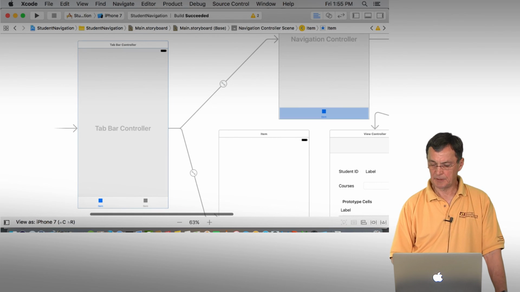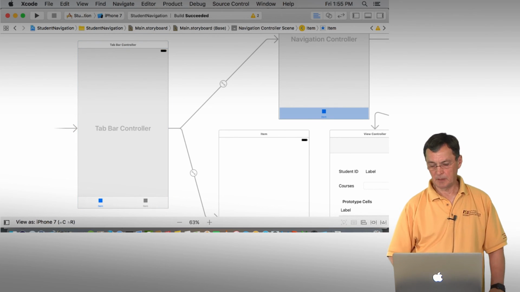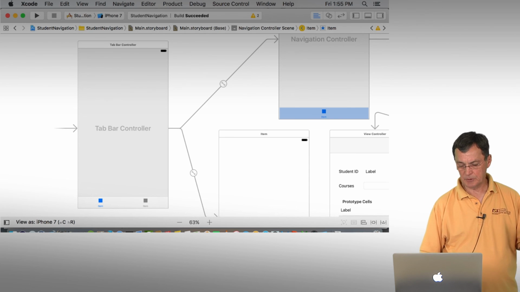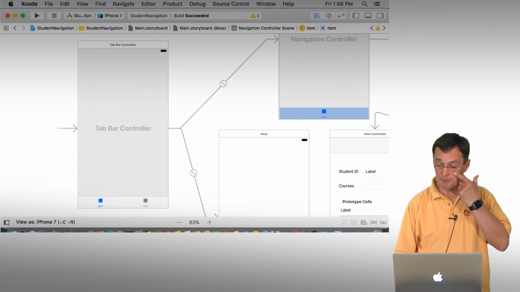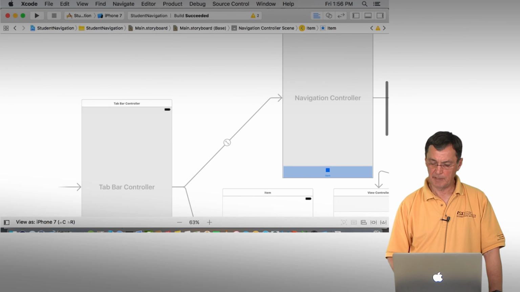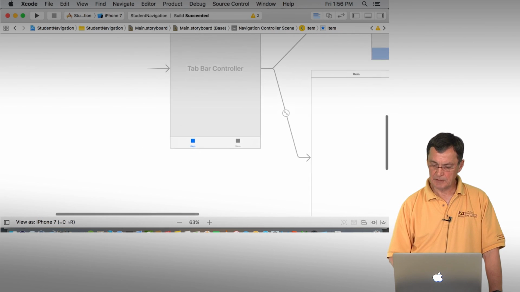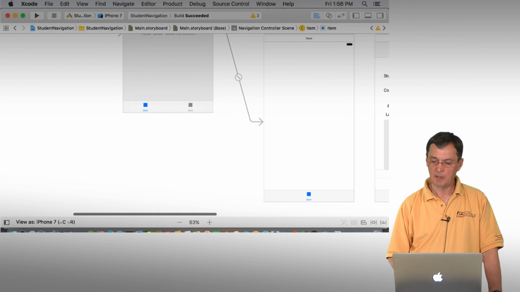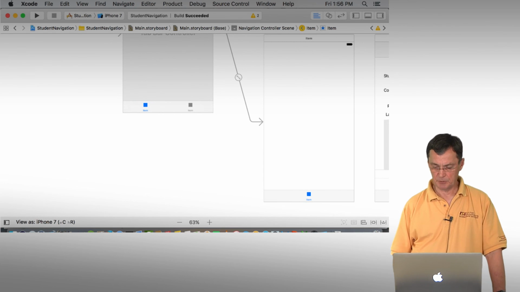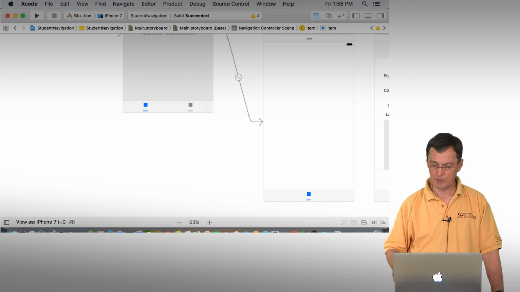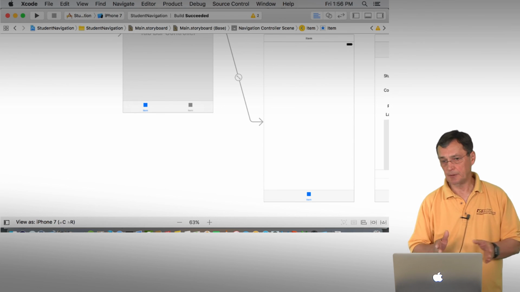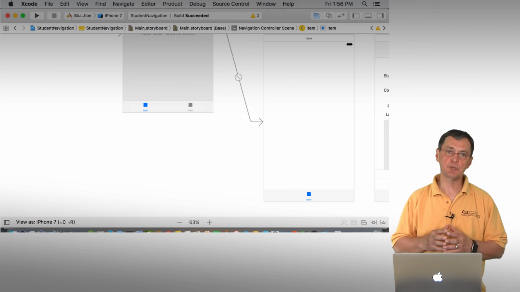So I can place icons in these, so now when the user selects one tab or the other tab, they're either going to be taken to my navigation controller, which will take me to my table view, or if they select the other tab, they will go to the view controller that I just brought out. There's no reason why this couldn't be a different table view. So for example, in the laboratory exercises